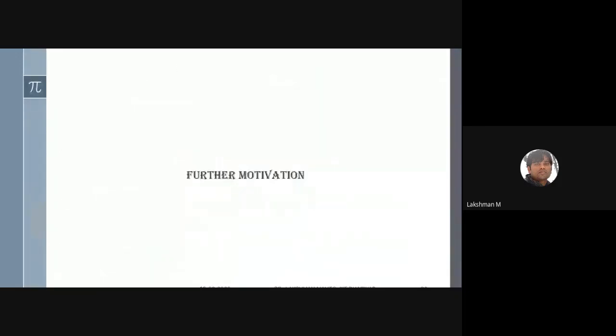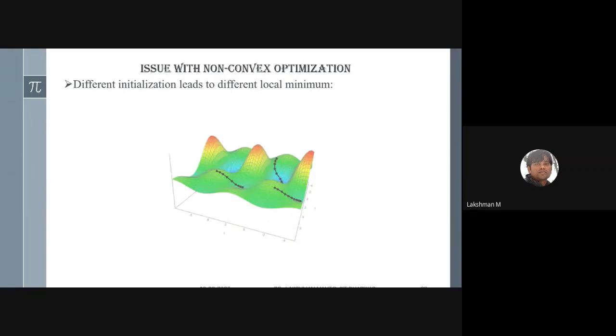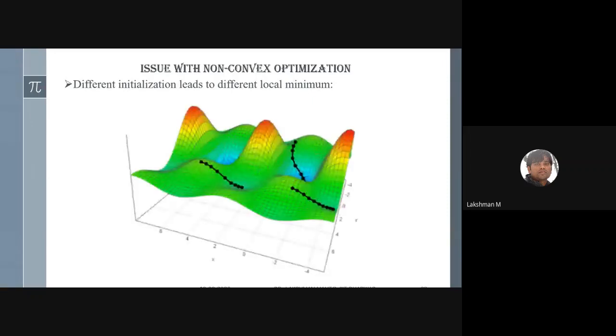This is the algorithm. Further, coming to the motivation in the introduction, which I had already discussed once: if you have a non-convex problem, there would definitely be an issue finding the optimal solution, because different initial points lead to different local minima, and you get stuck at a local minimum and do not get the optimal value.